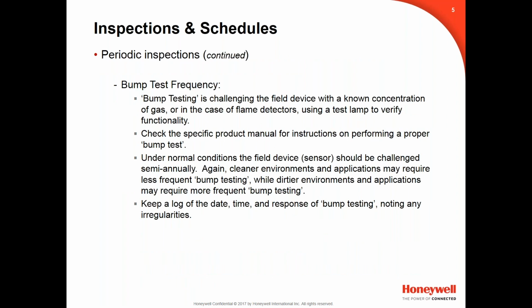So during periodic inspections, sometimes you'll be asked by your managers to go out and challenge the sensor or verify its operation. And generally, this is considered a bump test. It's not a calibration. It's just a procedure that you'll adopt to go out and actually challenge the sensor to make sure that it's responding to gas. One of the things that you want to be aware of under normal conditions for the field device,